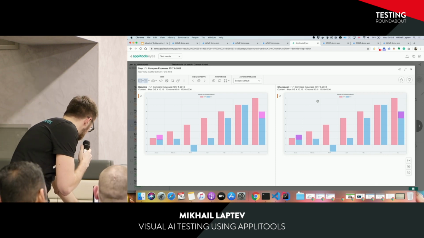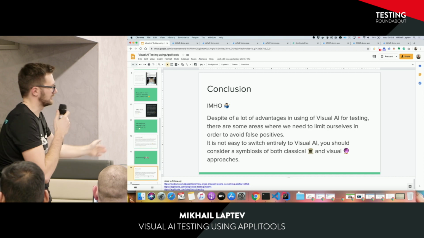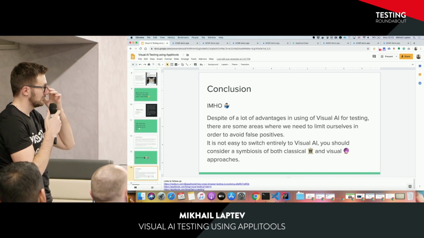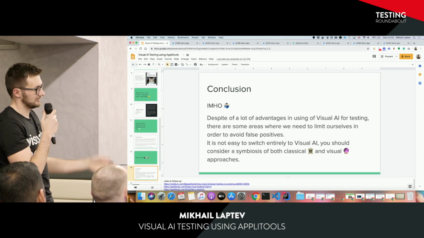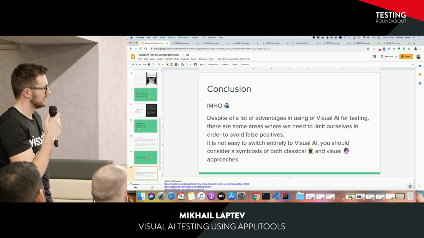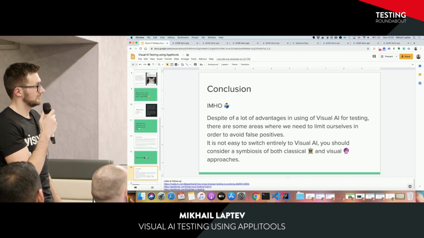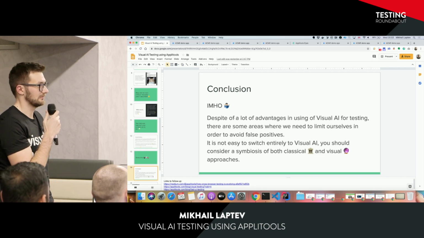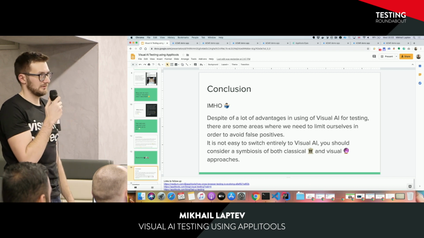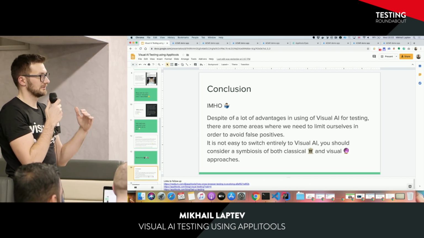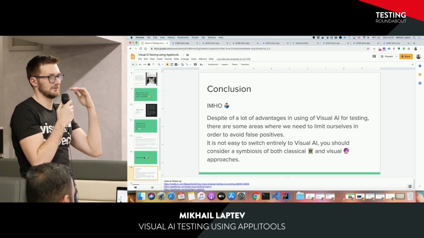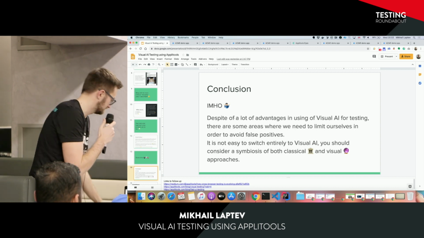But anyway, I'm getting to the conclusion that, yeah, there are a lot of advantages, but for me, you should consider a symbiosis of both the classical and visual AI approach. Because in this case, you might achieve an even higher level of confidence in your tests. And